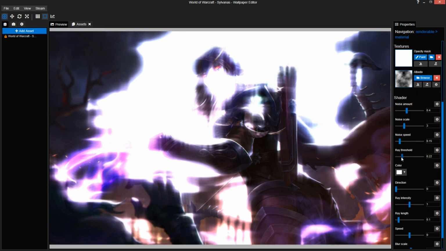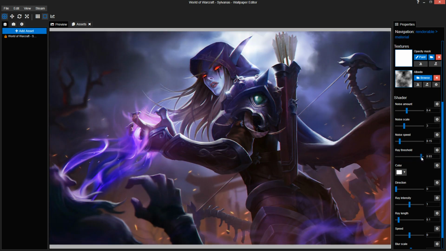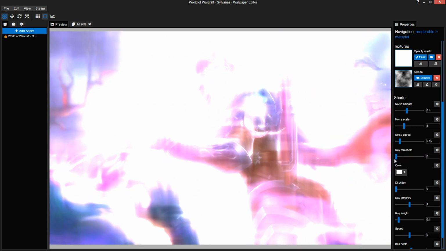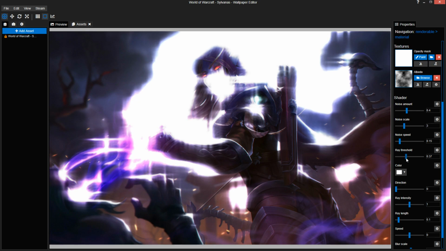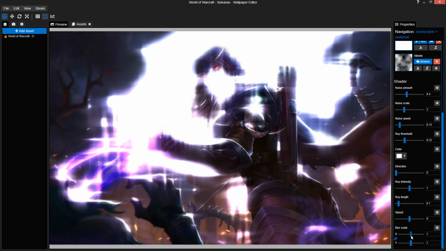With ray threshold, you can select basically this strength detection. If it's very high, it's probably not going to detect anything, and when it's very low, it's going to detect everything. Then you've got a noise, but I'll get back there in a second. The blur scale is basically just, yeah, you'll almost always want it on 2, unless it looks too blurred, then you'll want to have it on 1. Basically those 2 values I always use.